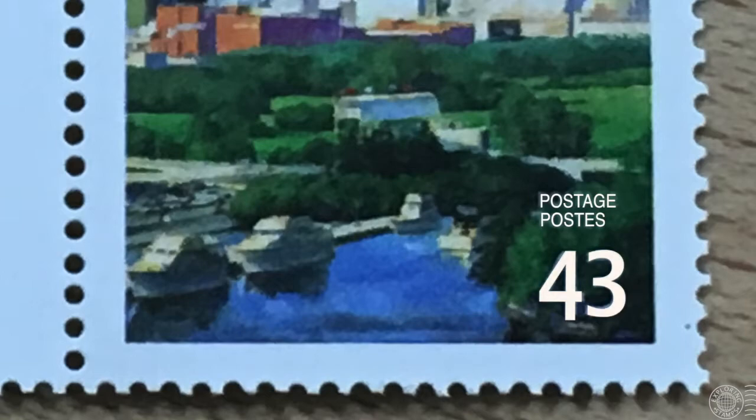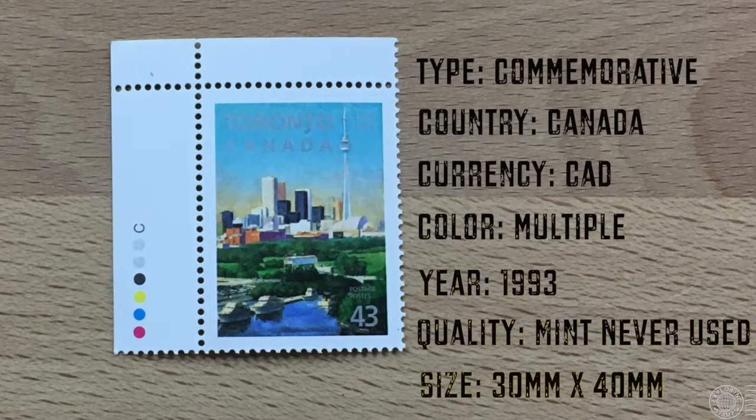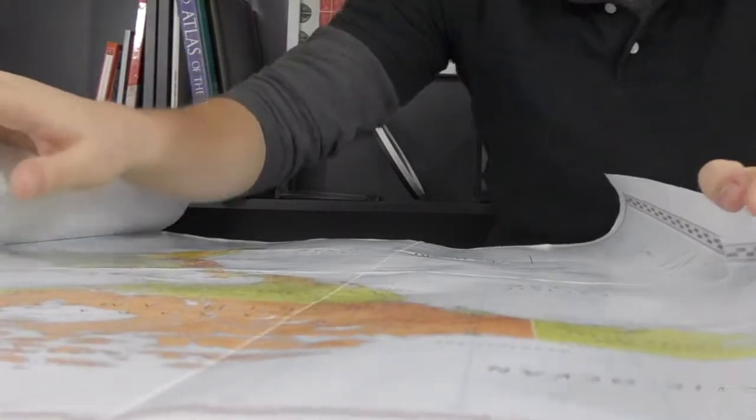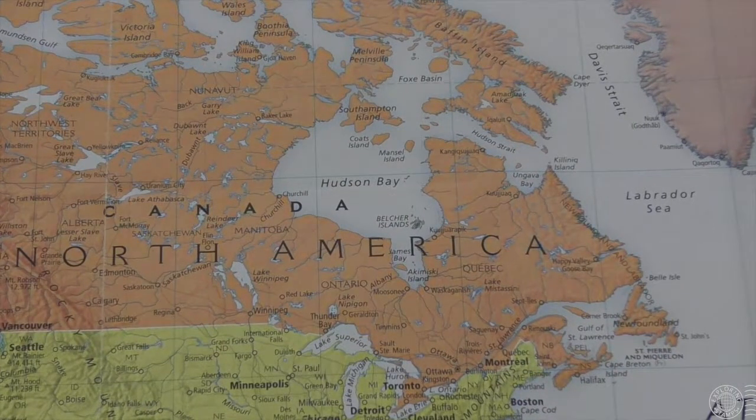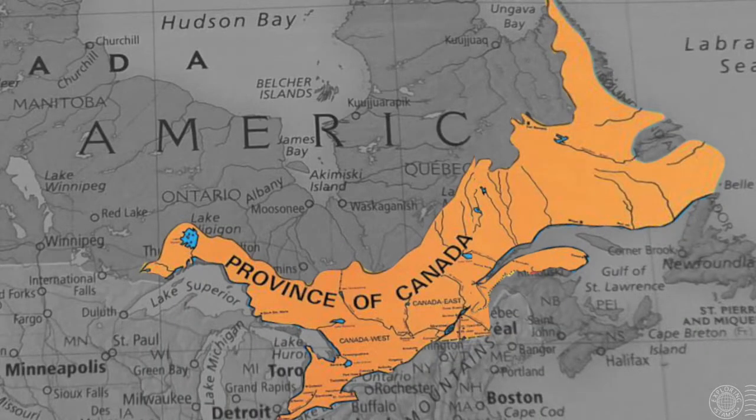The year that this stamp was issued was back in 1993, and there's no postmark or cancellation because this stamp is in mint condition and was never used. I'm going to let this stamp take us to the early days of Canada, or the province of Canada, which was a British colony from 1841 to 1867. Before that, there were the colonies of Upper Canada and Lower Canada, and they merged in the Act of Union